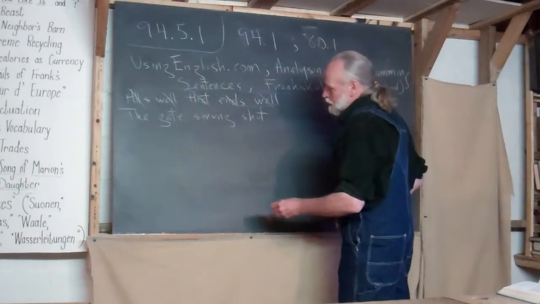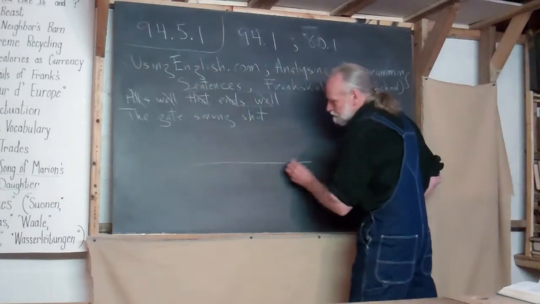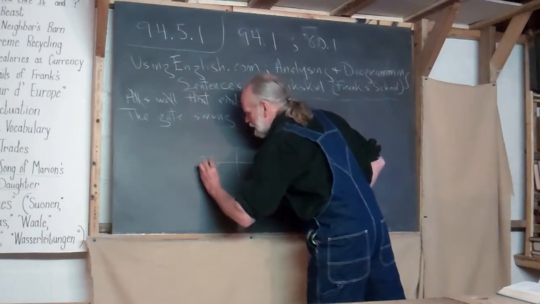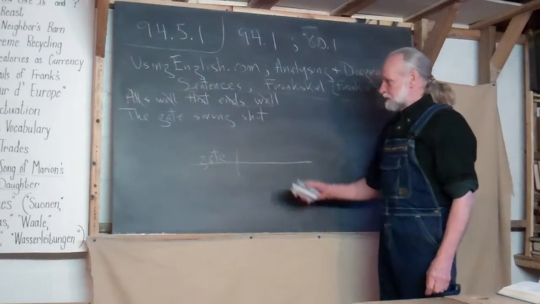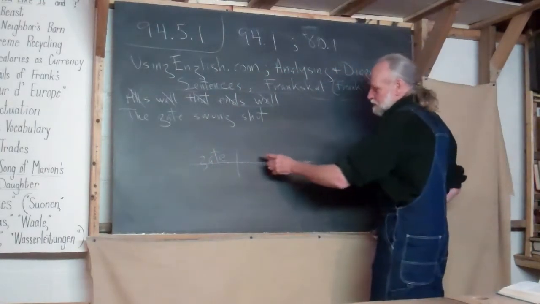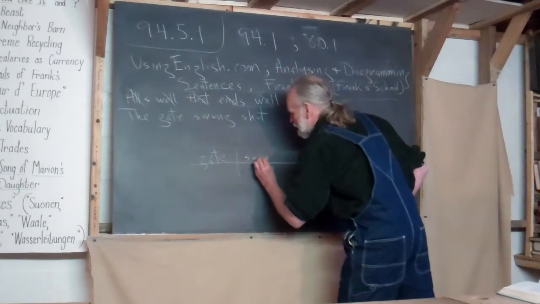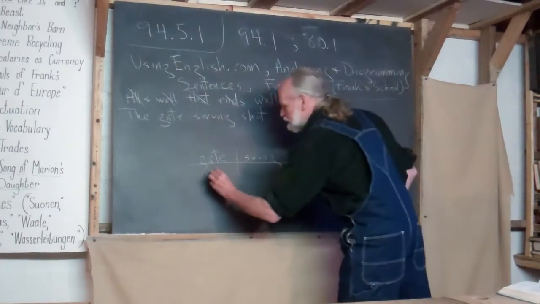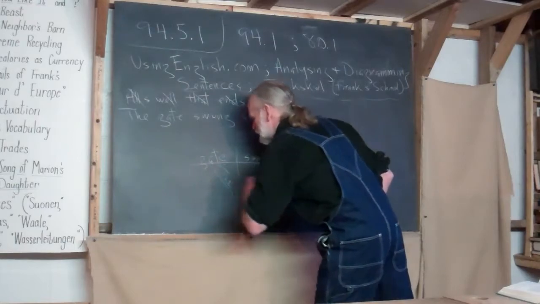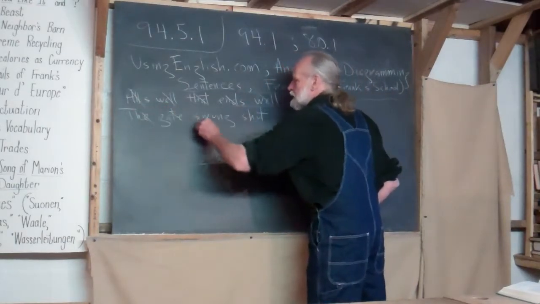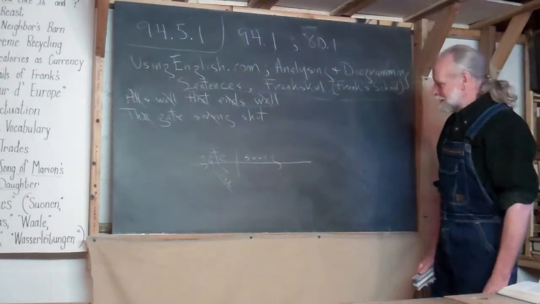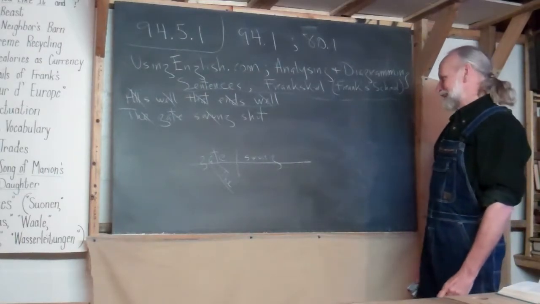All right, the gate swung shut. This is a little bit more interesting. Gate is the subject, simple subject. Gate and swung. That's a simple predicate. Gate swung. That's easy. The word the is a modifier. There's where the sentence starts. The gate swung. What do you do with shut? What do you do with shut? Well,